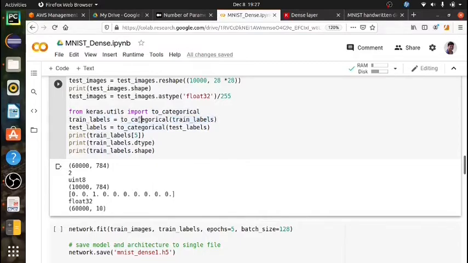Here we are changing these labels from the integers 0, 1, 2, up to 9, into one-hot encoding. And you can see that now a particular label is shown this way. And also the data type is float32 for the labels. Okay, just execute.